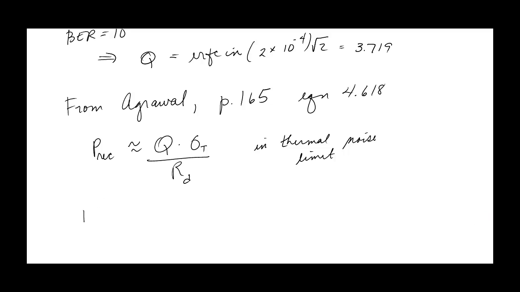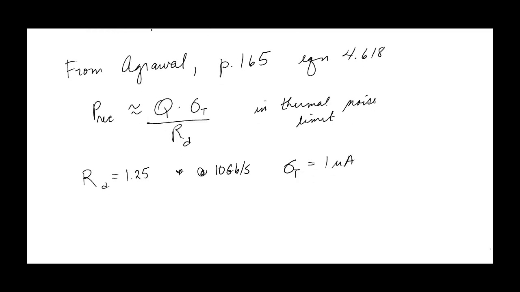In our simulator, our homework assignment, we're given that RD is equal to 1.25, and at 10 gigabits per second, we can find that the thermal noise variance should be equal to about 1 microampere. So that would give us a way of calculating what we believe the received power should be. 3.719 times 1 microampere divided by 1.25 amperes per watt gives us 0.003 milliwatts,